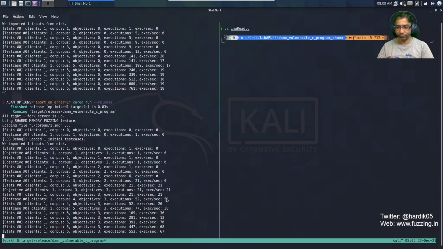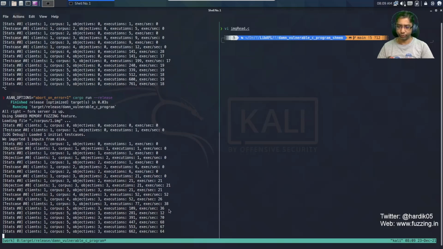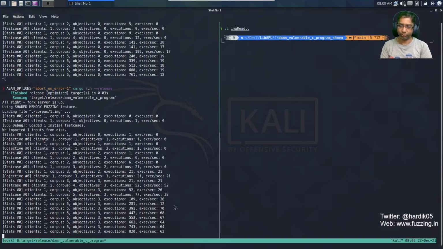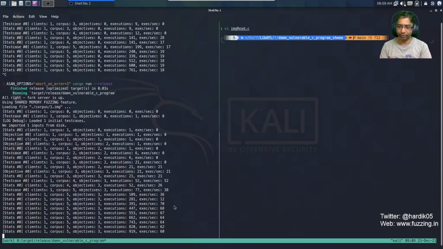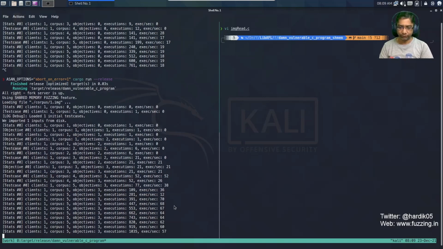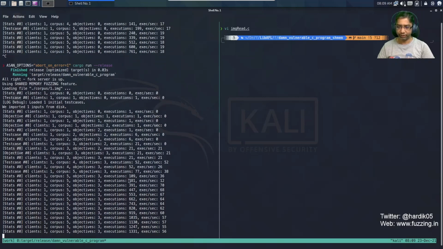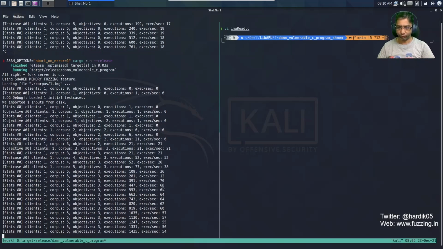You can see that the speed we are getting is now varying from like 36 executions per second to 67, 70, like that. This is because my system is a bit slow. I'm running a virtual machine, I am capturing the video and a lot more stuff is going on, so that's why I'm getting this slow speed. But on your system you will get more speed than this. So you can see that so far there are a total of 5 files in the corpus, 3 crashes actually, and I think this is enough. So we can stop this fuzzer now.